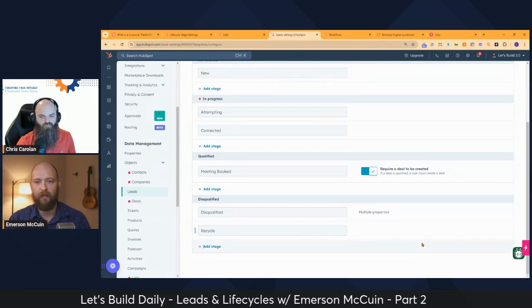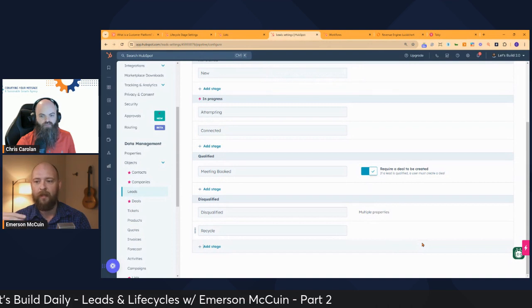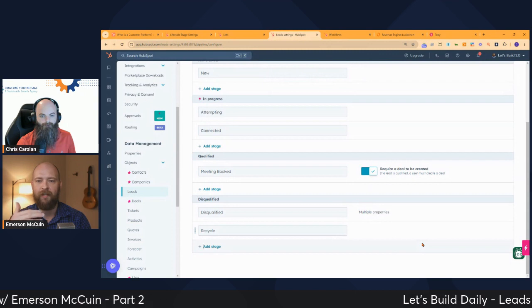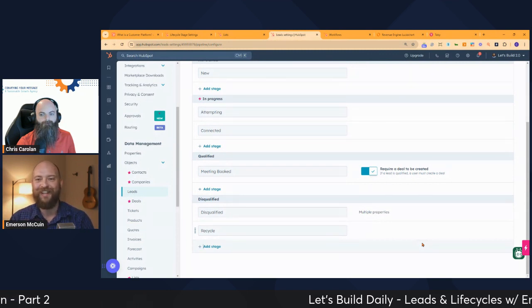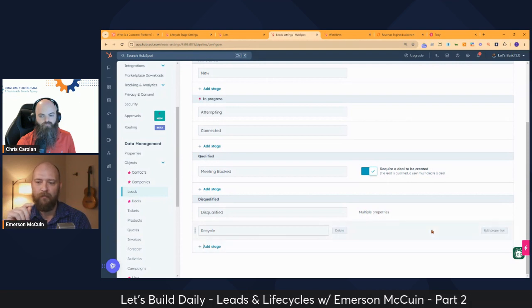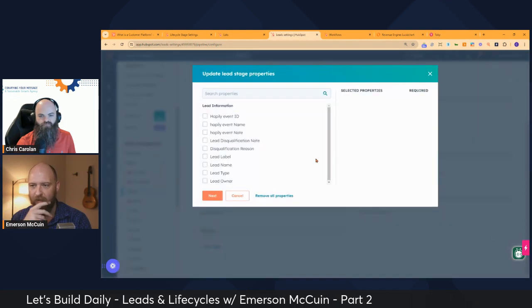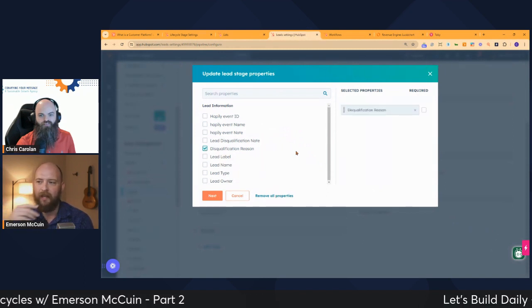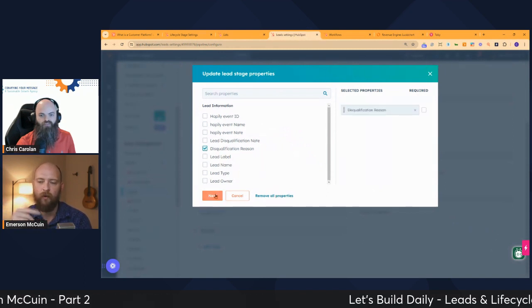This is a perfect place to do that. We can see that people came through. And I have a property, unsuccessful outreach reason, like unable to get a hold of them, that has to be set when someone moves a lead to recycle. They have to fill in that property, right? Disqualification reason, I just created a specific one for recycle.